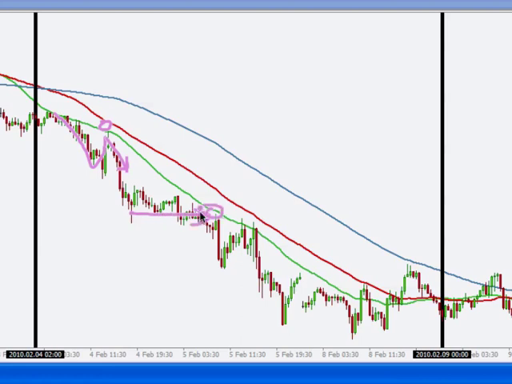Sideways price action, dynamic area of support and resistance, off it goes. Pullback, dynamic area of support and resistance, off it goes. So on and so forth. Another pullback, another bounce, and all the way until here, where price, upon retracing back to the dynamic area of